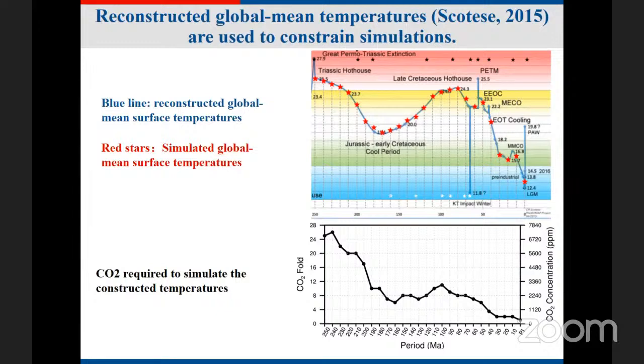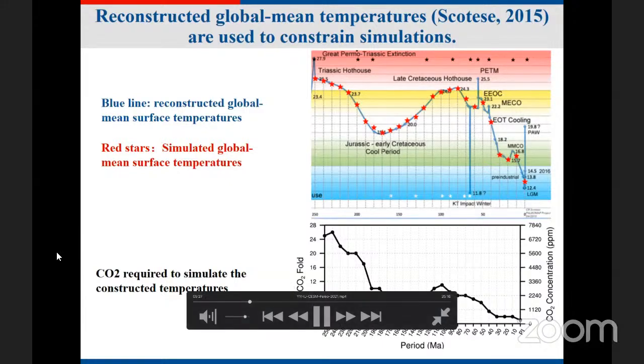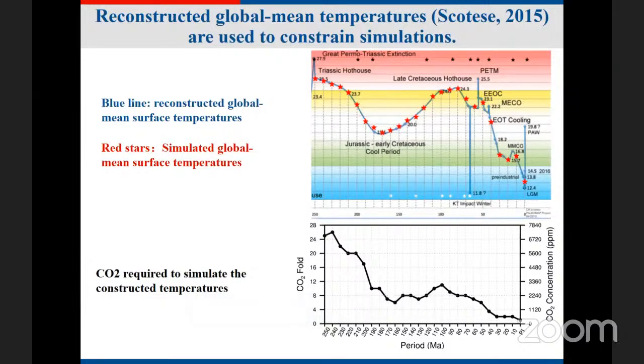That's the reconstructed global mean surface temperature by Scotese. Then for our 26 simulations, we try different CO2 levels